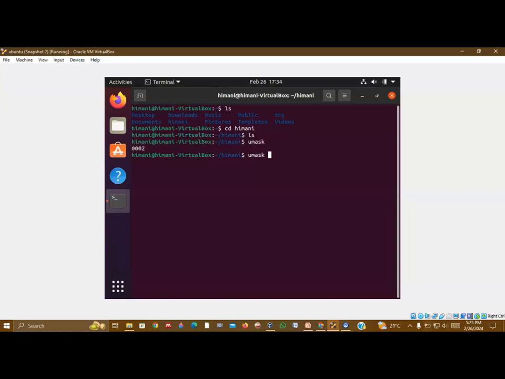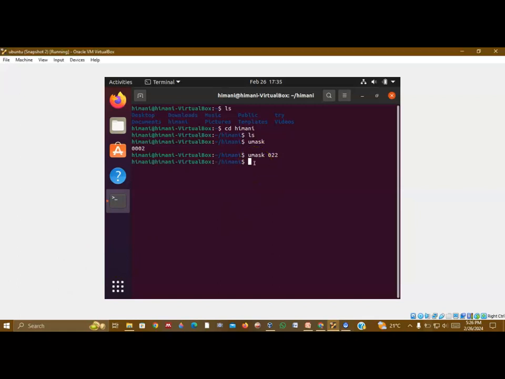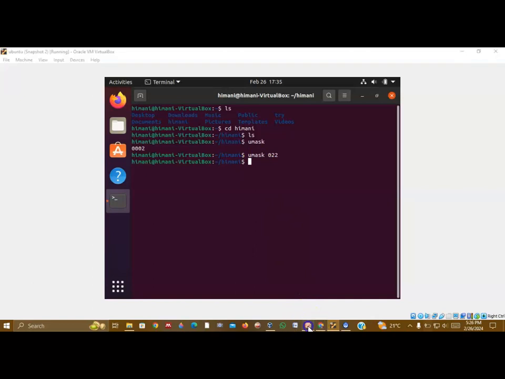So as we can set the umask using the same command, I am setting it to 022. So as we can see here, we are setting the umask to 022, which means we are not giving the write permission to the group members and others. So as we can see here in this PPT,